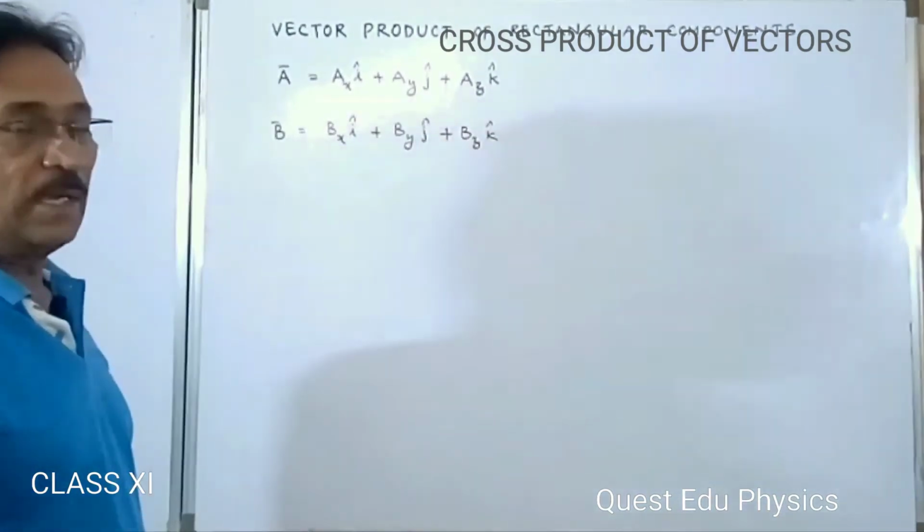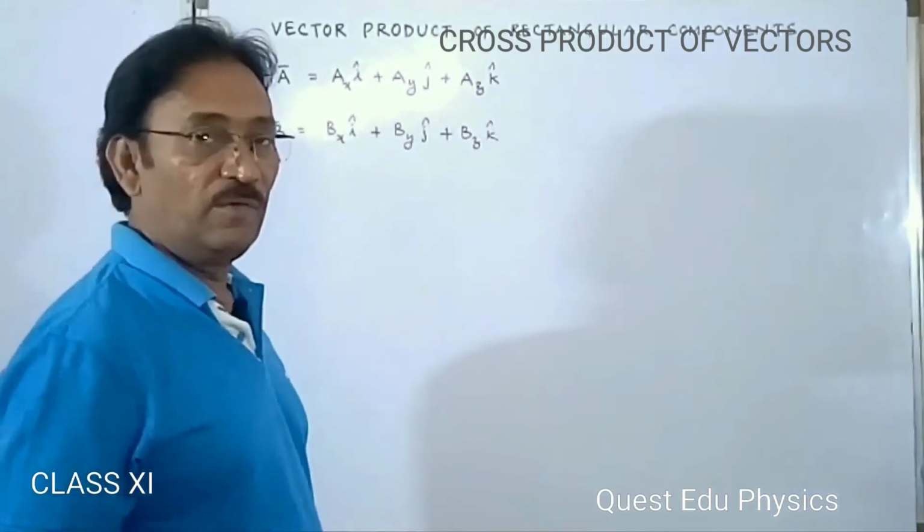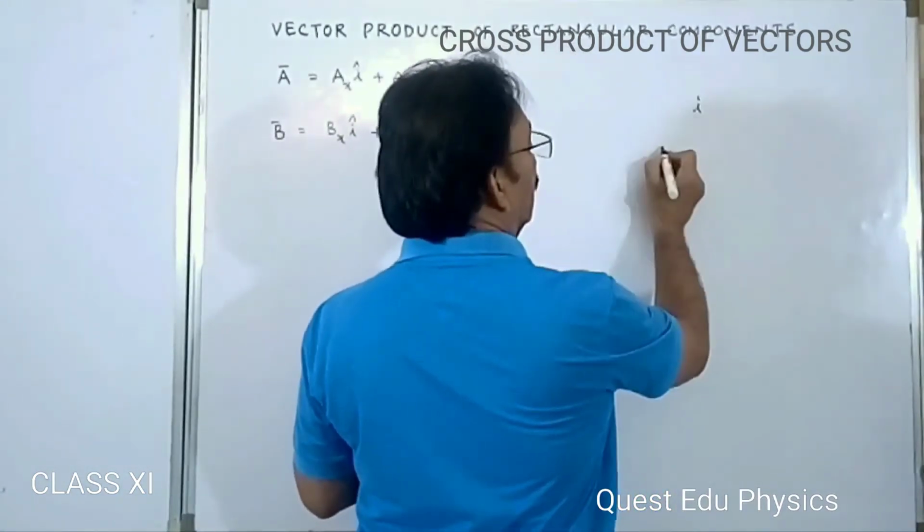Here we have to call back our memories. We multiplied unit vectors in two different ways. When we took the vectors like this,